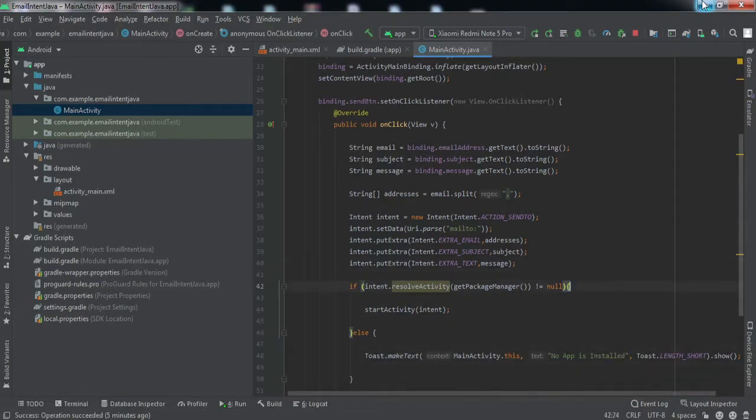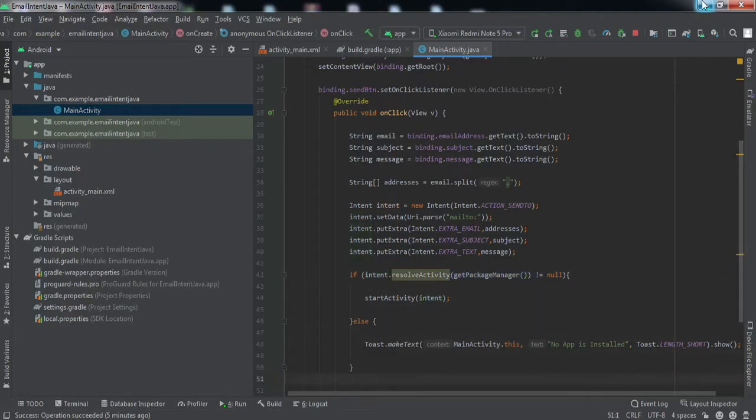So what this statement inside the if condition will do is ensure that your device contains at least one app that can handle this email request, right? So if we do not use this if statement, and there is no app that can handle this email request, then your app would crash. So we do not want that. So that's why we have used this if condition. It will return true if there is even a single app. If there is no app, it will return false, and we'll go inside this else statement and this toast will be raised. So that is pretty much everything we need to do to implement this feature.